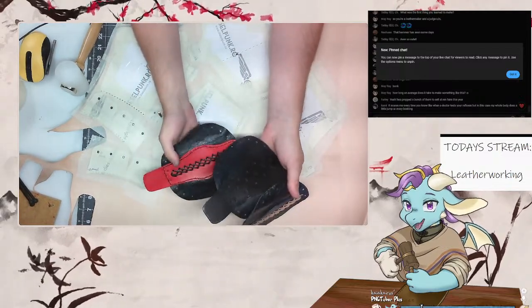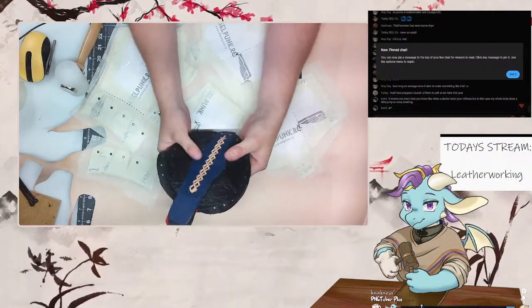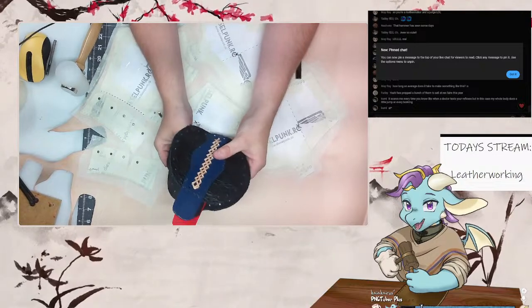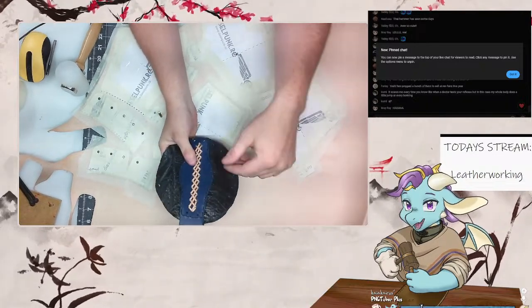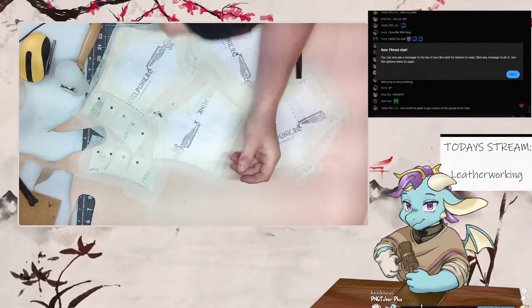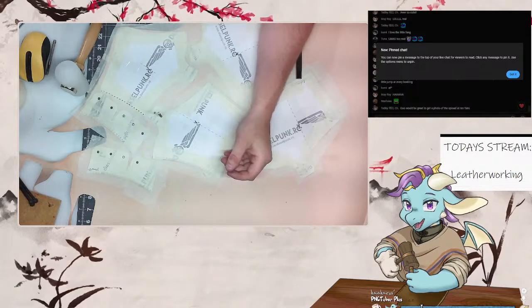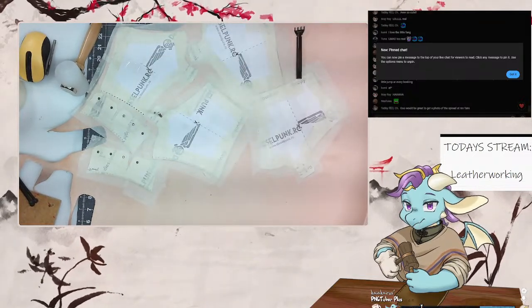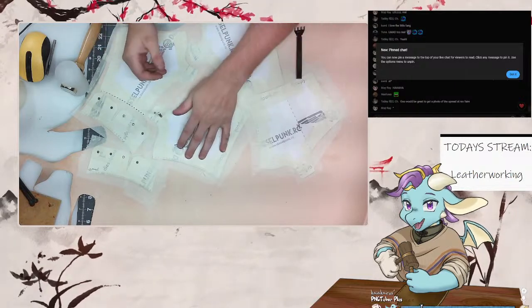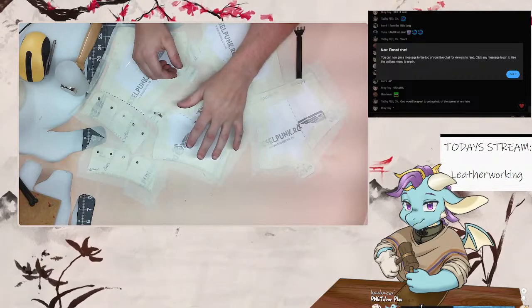These are those dice bags. I haven't finished these three because I forgot to bring them with me. I'll do a lot of sewing in the car. I forgot to do the lacing on them. Typically, if I'm going to do them, I do them in sections. So today I'm only doing one, but typically I'll do a lot at once, and then get everything stamped, cut, and then